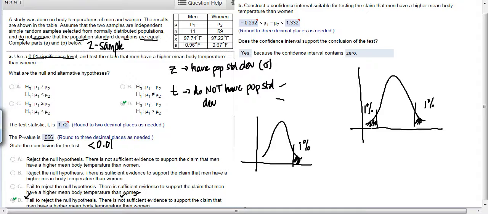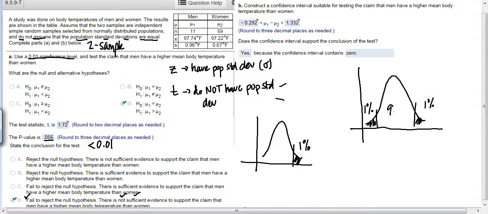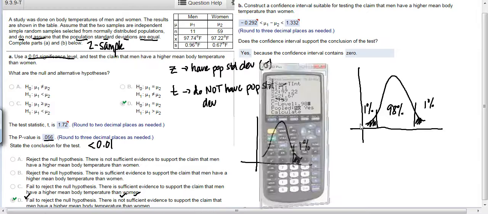It basically says that we want to be sure up to 98% that the mean will fall somewhere within these two. And so we'll change that to a 0.98, because if we have 1% here and 1% there, we have 98% on the interval. And so I'll go back and do calculate,